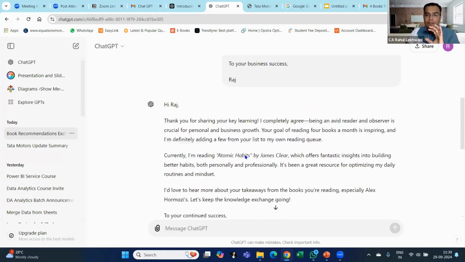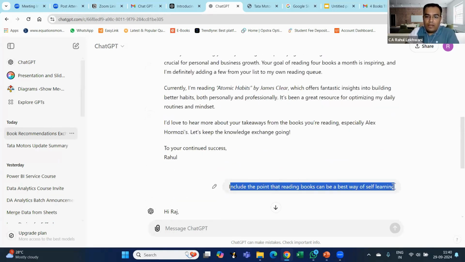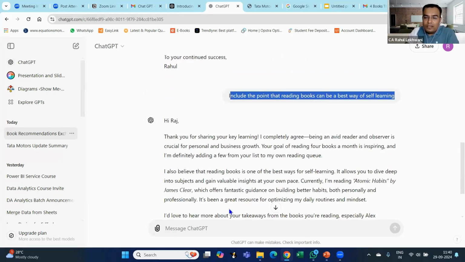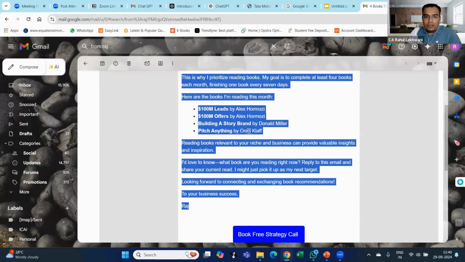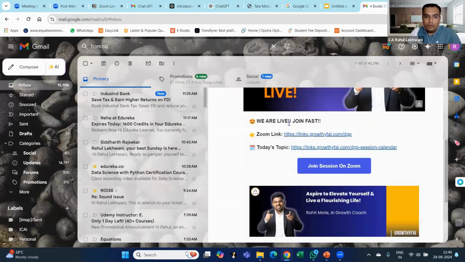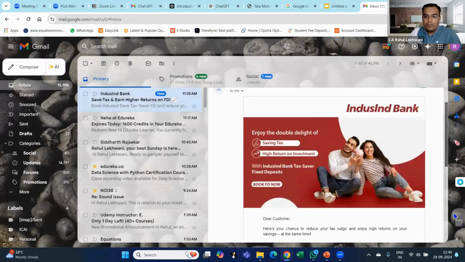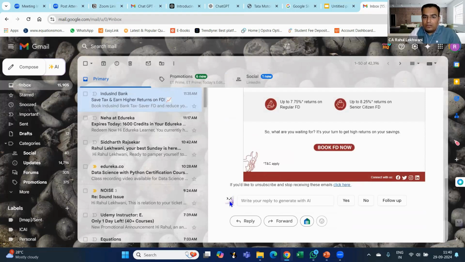So ultimately, how I use it is I try to put everything in brief, and I want the drafting to be done with the help of ChatGPT. Of course, there are other AI tools, like in Gmail. If I show you, I am using one of the tools which can help you create some auto responses. I think I had shared this tool earlier also, the Merlin tool. Merlin allows you to write auto replies. Can you see this? Write your reply, generate with AI. Once you have this Merlin extension in your Google Chrome, it can automatically start helping you